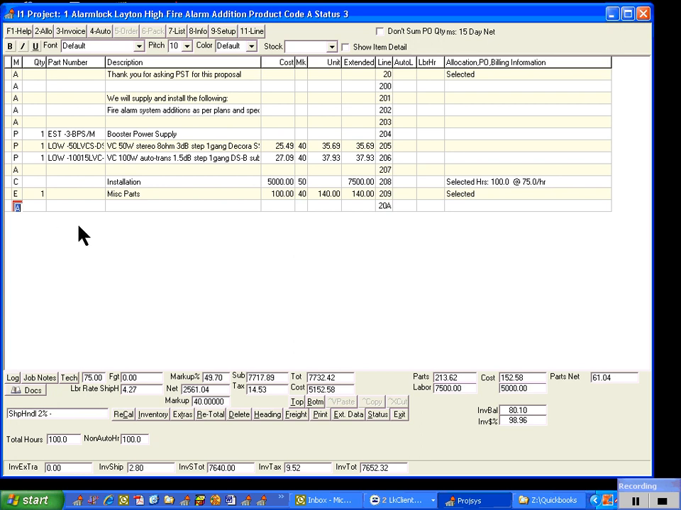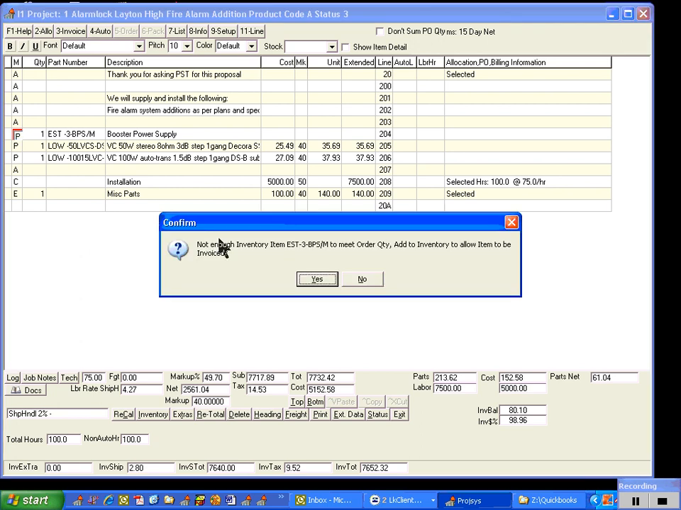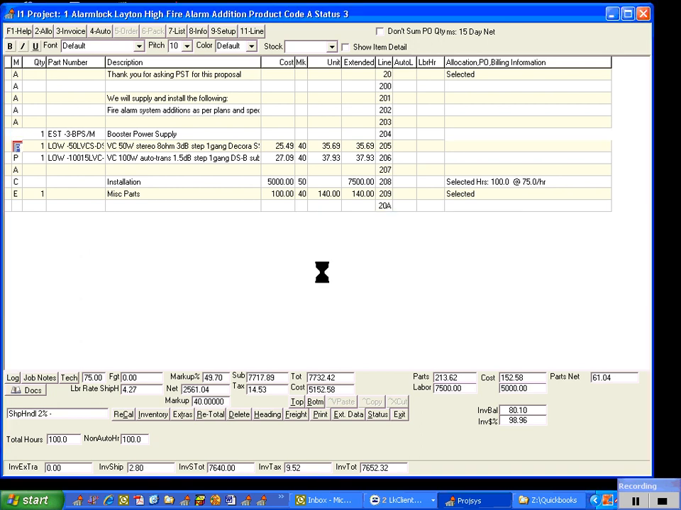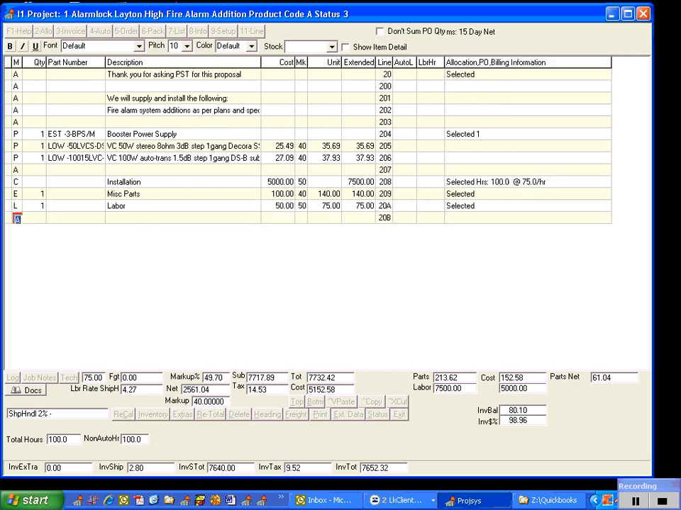And then we're going to put one part in there. We'll just go ahead and do this part right here. We press the F3 key. And we don't have any stock on the system, so it's going to add the stock if we do that. So we have now an A line. We have a P line selected. I will put an L line in here. So we got all our line types, labor. Okay, so we've got